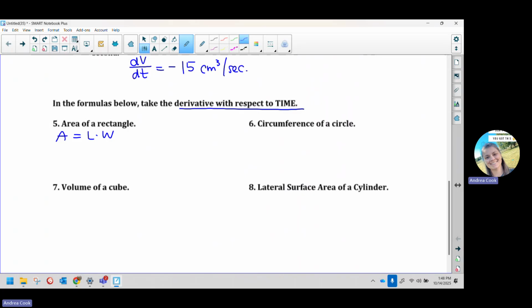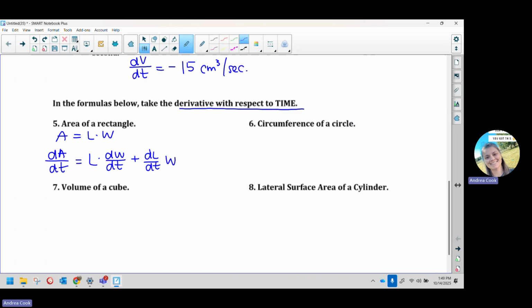Area of a rectangle is length times width. So now length and width are both functions. When you find the derivative, we're going to have to do product rule and you're going to have to chain on. So dA over dt, that is the rate of change in area, is equal to the length times the rate of change in the width